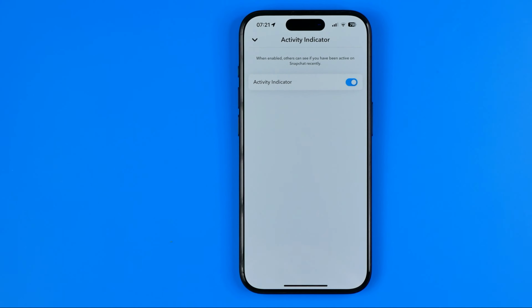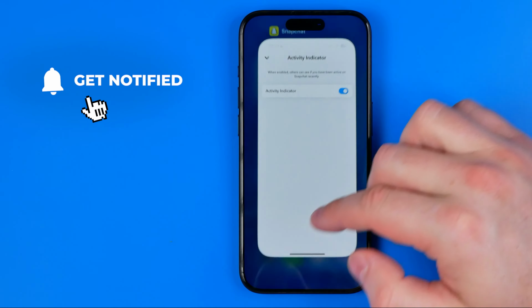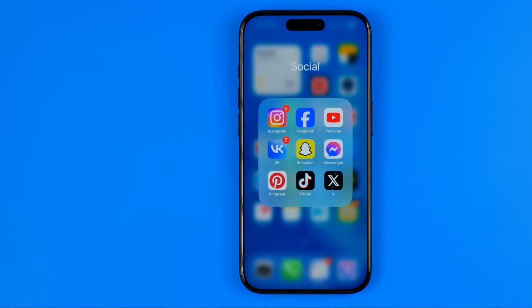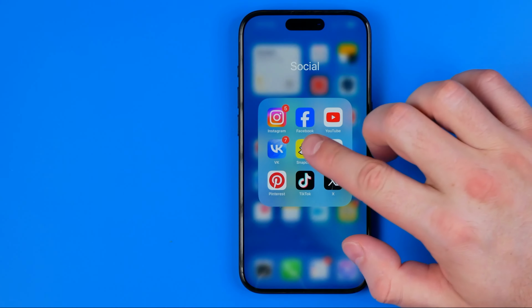In this video, I'm going to show you how you can easily hide active status or last seen on Snapchat. Be sure to watch the video to the very end so you don't make any mistakes. Let's get started, guys. I'm gonna show you all the process from the beginning, and first off, we need to